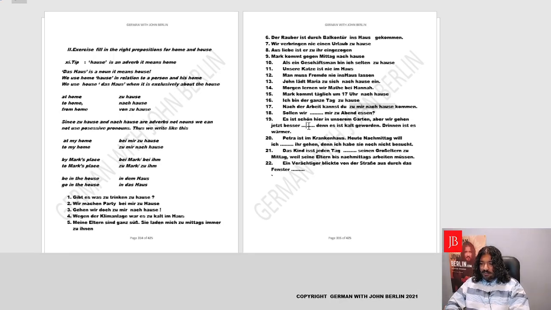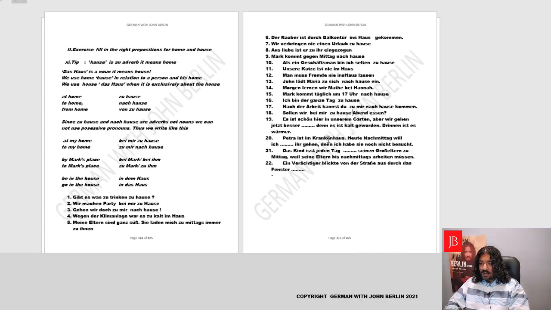Yes? Okay, sollen wir dash mir zu Abend essen? So should we eat at my place for the evening? So wo essen wir? Basically by my place. At my place would be just like by Mark. You'll say by mir. So it'll be by mir. Now if you want to say instead of at my place, you want to say at my home, you could say bei mir. At my home would become bei mir zu Hause. You could write bei mir zu Hause.